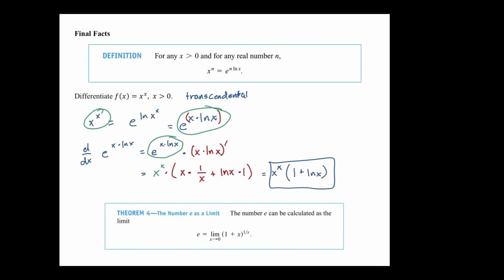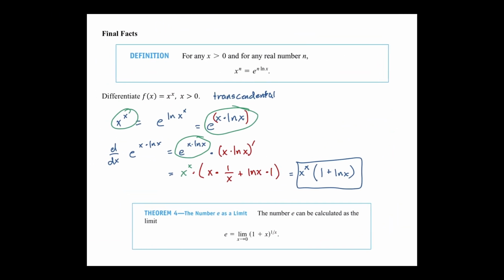But in this lesson, we have learned how to go ahead and take the derivative of inverse functions. We then use that to figure out the derivative of ln of x. We then figure out